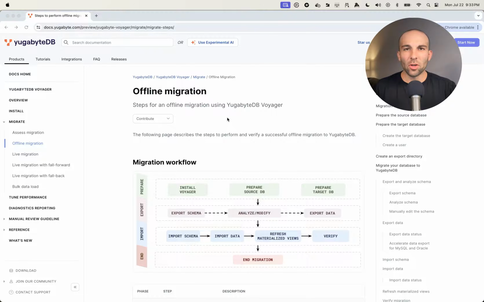You might be familiar with YugabyteDB Voyager's offline migration process. This process involves exporting a schema from the source database, analyzing and modifying this schema in case you want to make any changes to the recommended schema, and you can export the data from the source as well. Then this schema is imported, data is imported, and so forth, all handled offline, and then you can cut over